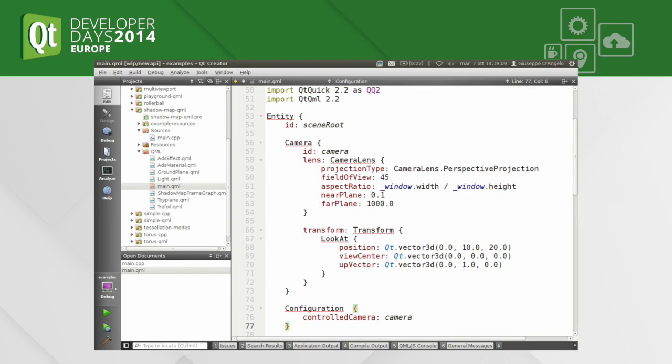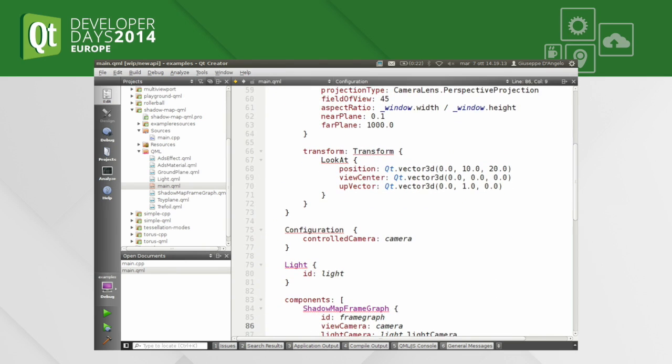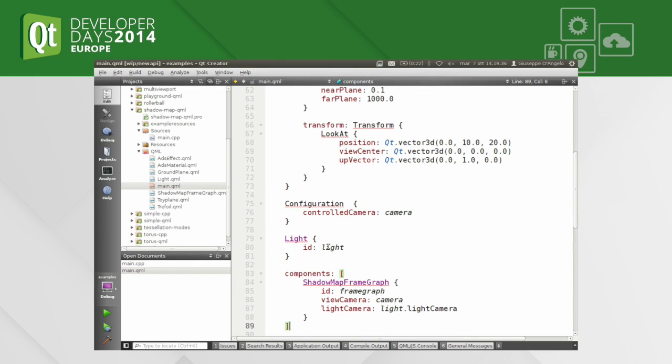Okay, so we still have a camera. We still have this configuration control camera. That hasn't changed. We have a light now. Light is not a built-in class in Qt3D because obviously some scenes in 3D have lights. But if you're doing data visualization, a sprite-based system, maybe you don't even have lights. So again, we're not even going to predefine a light class. This is a component we're defining here. And we're going to come back to it in a second. So this is just a QML component defined by light.qml